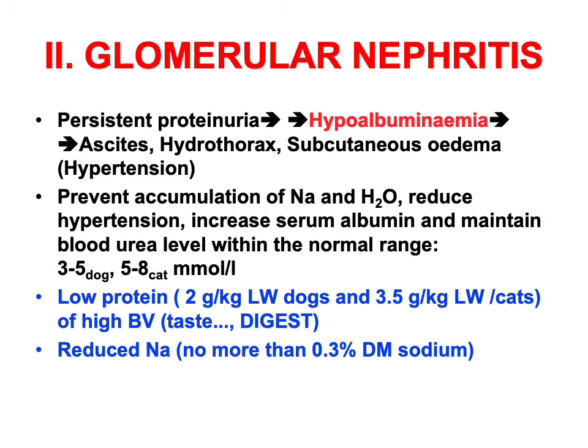These numbers reflect that the cat metabolism is a carnivorous metabolism and the dog is a little bit omnivorous. What does low protein mean? Low protein means even a little bit lower than previously mentioned: 2 gram per kilogram live weight for the dogs and 3.5 gram per kilogram live weight for the cats, of really high